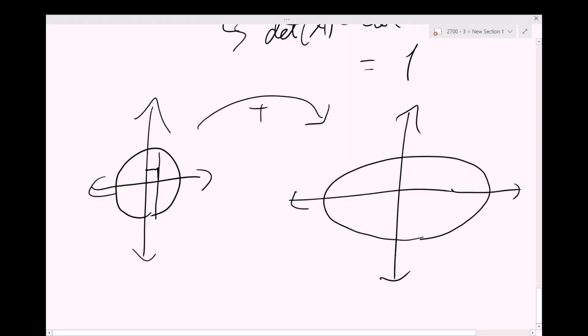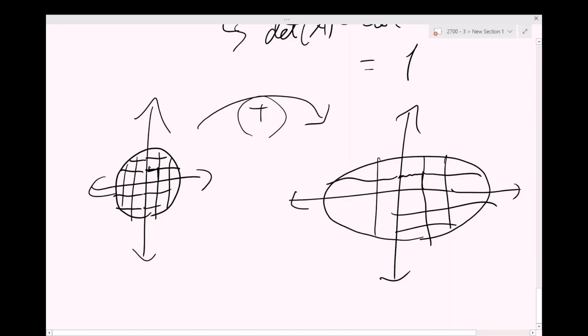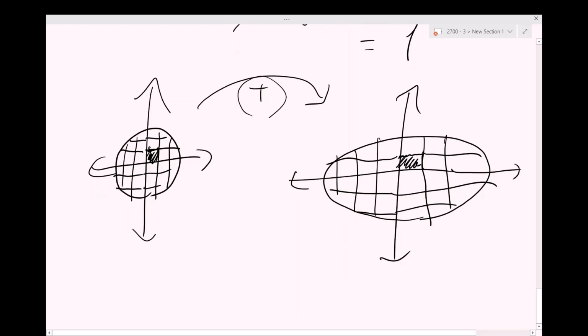And so if I imagine chopping this shape up into those blocks, then the determinant tells me the area of those blocks that my unit square gets transformed into. So if I imagined approximating areas by breaking it up or whatever, each piece inside of this shape is going to get skewed in exactly the same way as the determinant tells me. And so that tells me the area